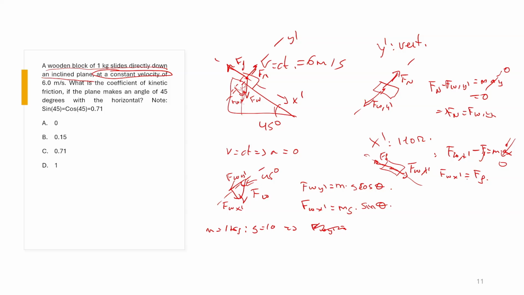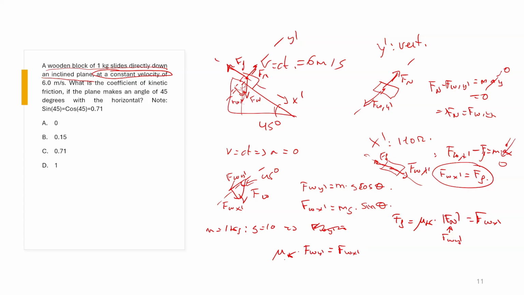Let's realize that the question is, what is the kinetic friction coefficient? Friction is given as mu sub k times force normal. But friction is also equal to weight in x. So I'm going to have that friction is also equal to weight in x prime. Okay, what is the normal force? That's weight in y prime. So what I find is that mu sub k times weight in y prime is equal to force of weight